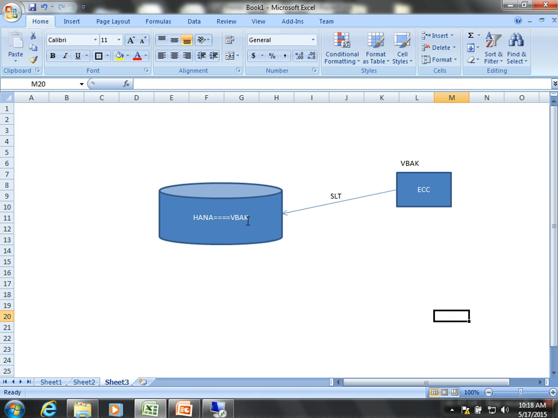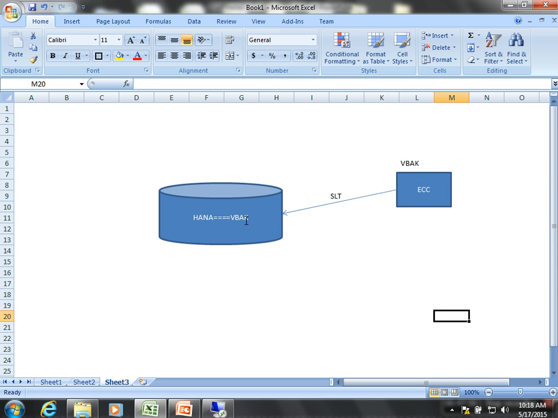I'll come to a solution for real time also, but what I'm saying is, can I use the logic of the ready-made extractors we have with this functionality? I can use it through BODS. But will that be real time again? No. SLT, if you want real time, can only access a table or view, no more extractors. So in that case, I need to re-implement the same logic of LO extraction here again. Is it easy? Again, return on investment will be what? It takes a lot of time to get that out.